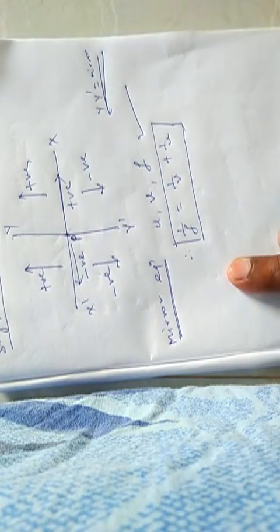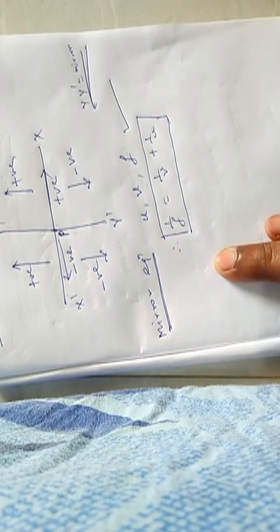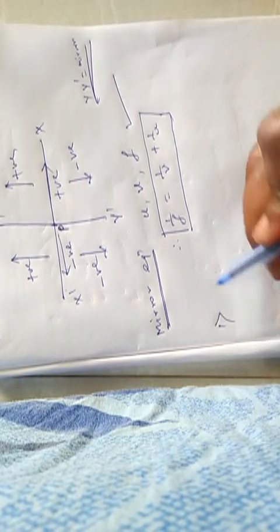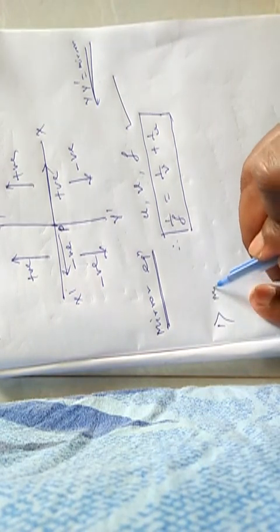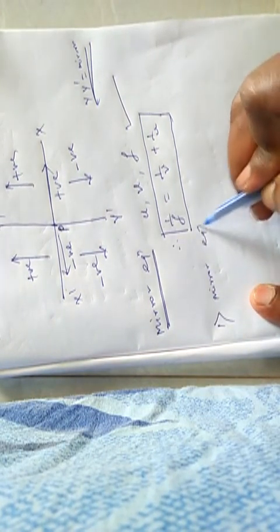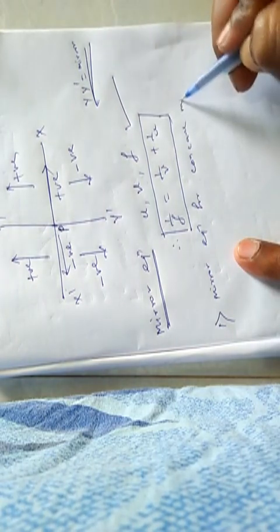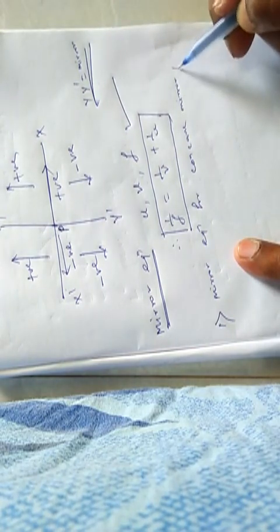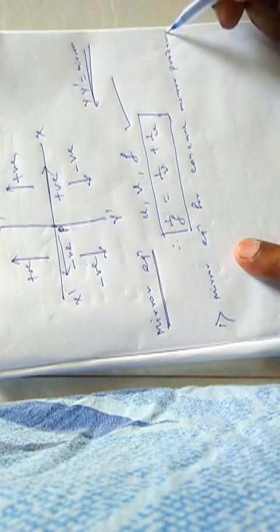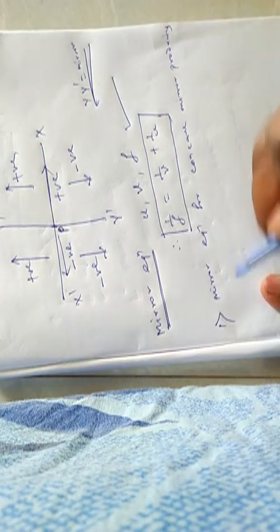We will derive the mirror equation for all the cases of spherical mirror, meaning concave mirror, real image; concave mirror, virtual image; and convex mirror, virtual image. So first we will find the mirror equation for a concave mirror producing a real image.